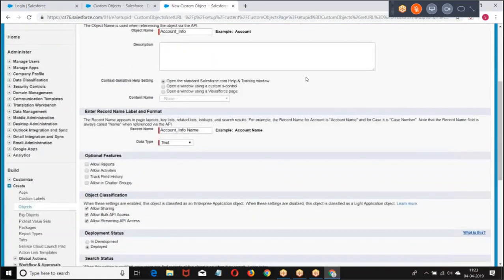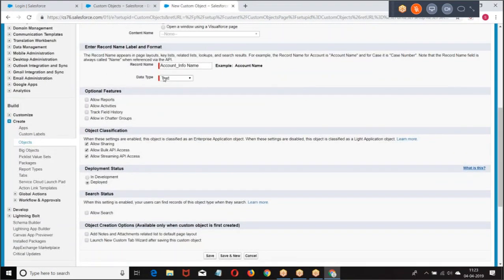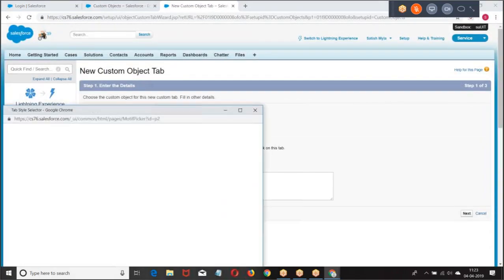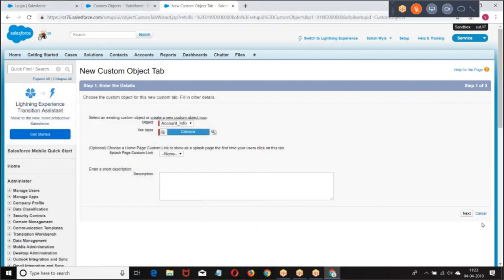Creating an object, account info. Now, choose the options you require. Then I have name. What are the things you want to enable? Enable. All these things I'm doing on the sandbox. I'm creating an object, I'm creating a tab.